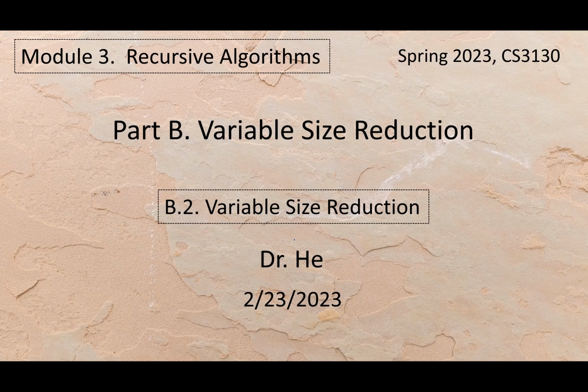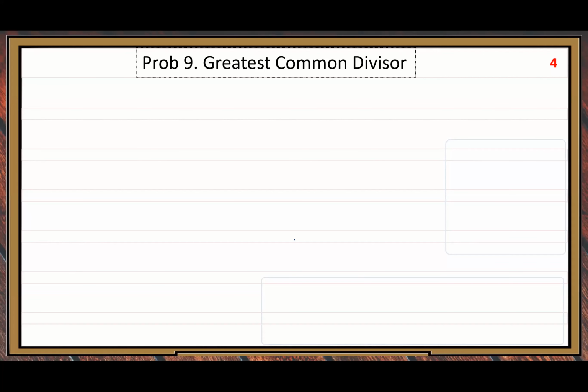Another interesting case. So let's take a look at this case. All right. First, let's look at our computing problem number 9, greatest common divisor. You are familiar with this problem, okay? In your middle school, all students should learn how to find the greatest common divisor of two given positive